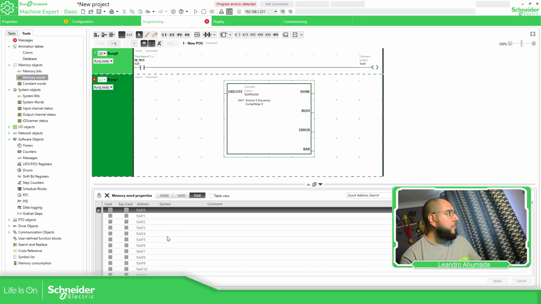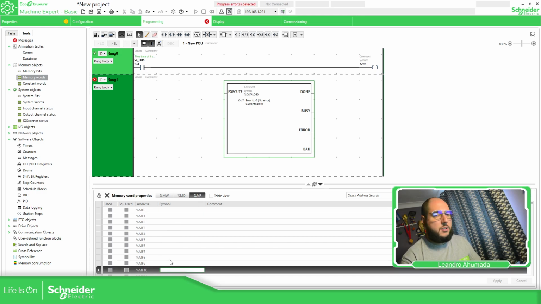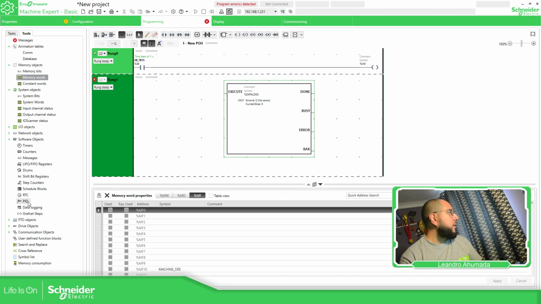I'm going to use MF. I believe we use MF10, to remember. It's going to be my machine. Apply. And here in the data logging,